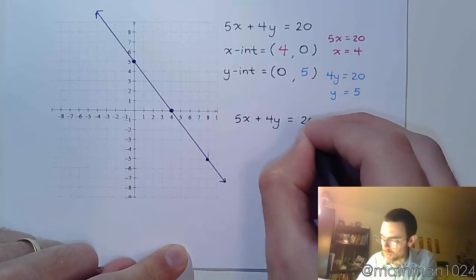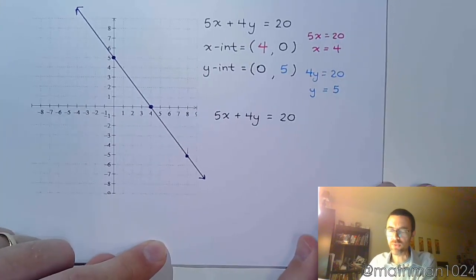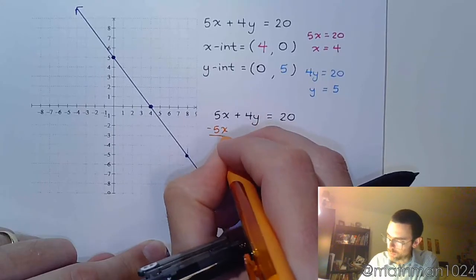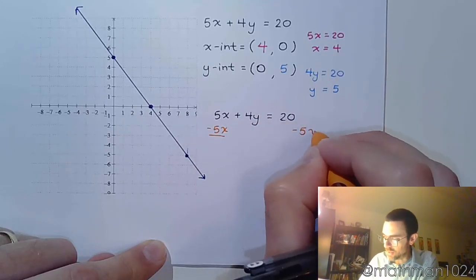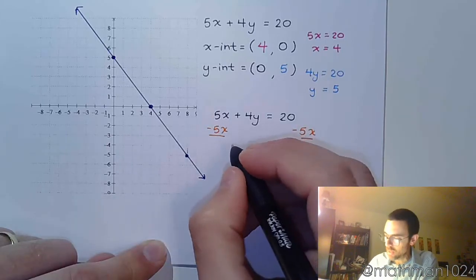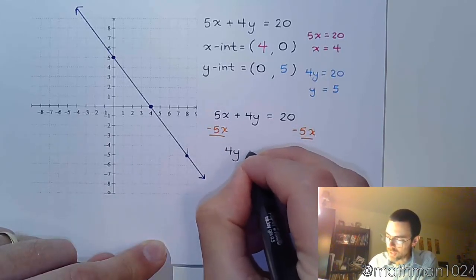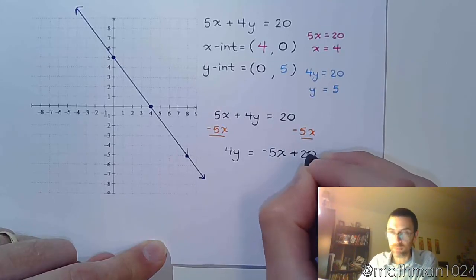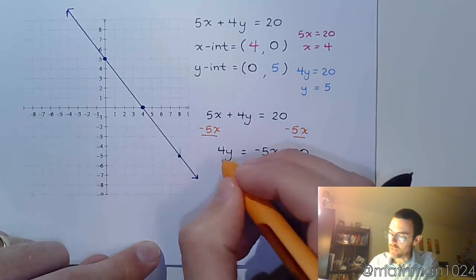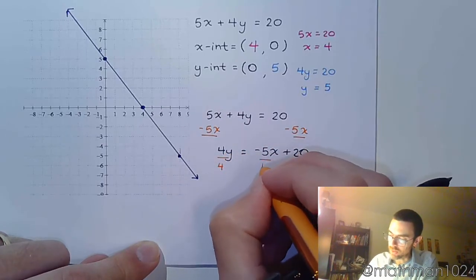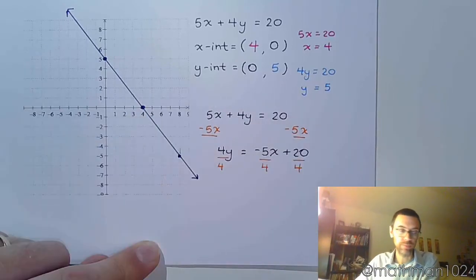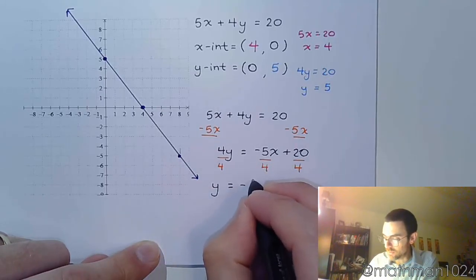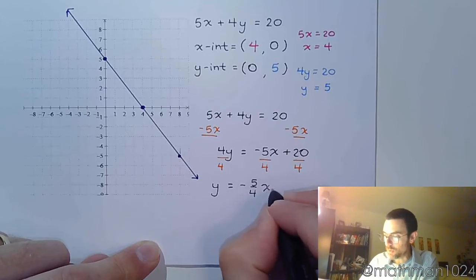5x plus 4y equals 20. And let's solve this for y. So the first thing you would do would be to move 5x to the other side. So 4y is equal to negative 5x plus 20. And then we divide both sides of the equation, everything here, by 4. So y is equal to negative 5/4 x